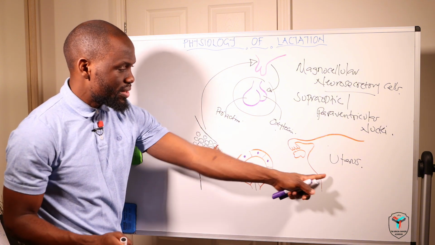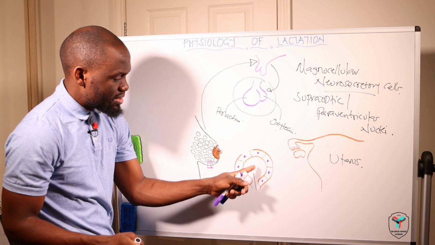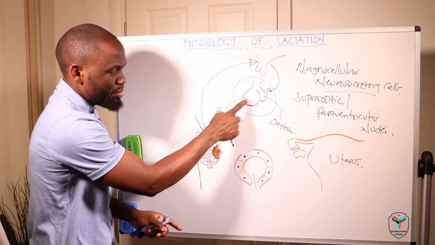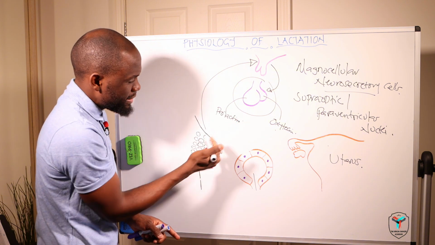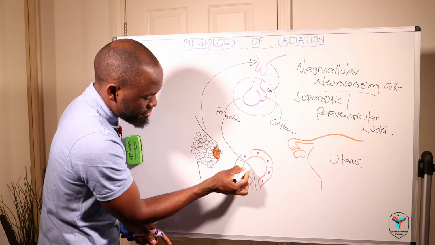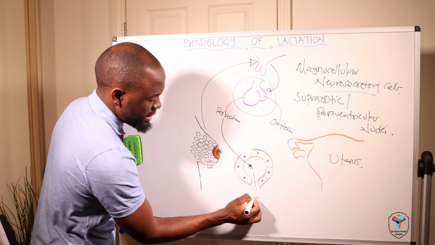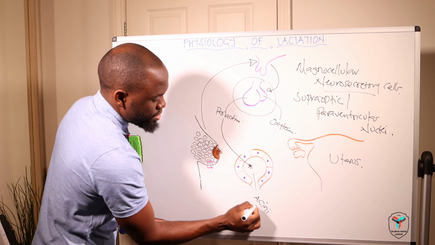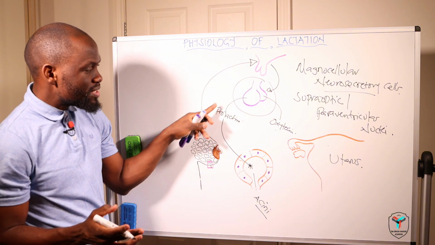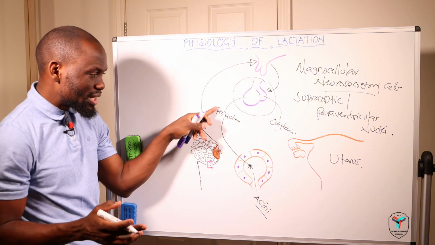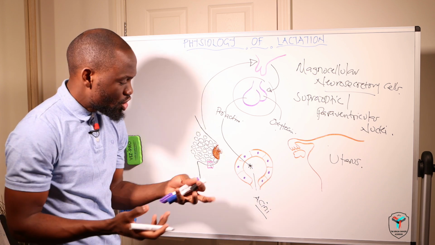That will be the uterus and the cells around the acini cell which has produced the milk. We have the prolactin coming from the anterior aspect of the pituitary gland there, that will then come and affect these acini cells. So it will come into the acini. Remember, we said that that is the acini cell. So the acini cell is the one that is producing the milk, and it will be affected by this hormone, which is the prolactin hormone, coming all the way from the anterior pituitary gland and then stimulated to produce the